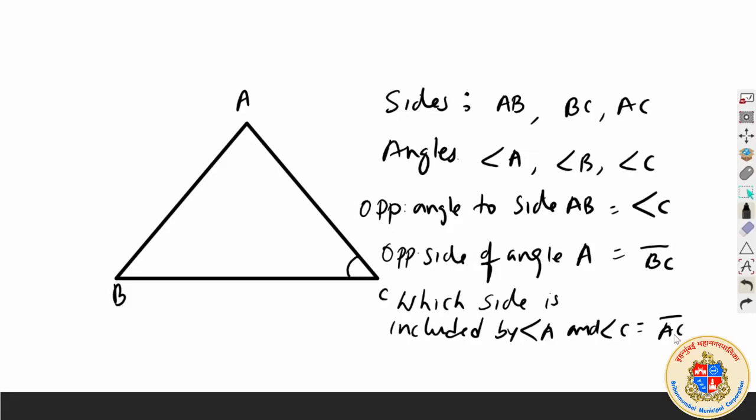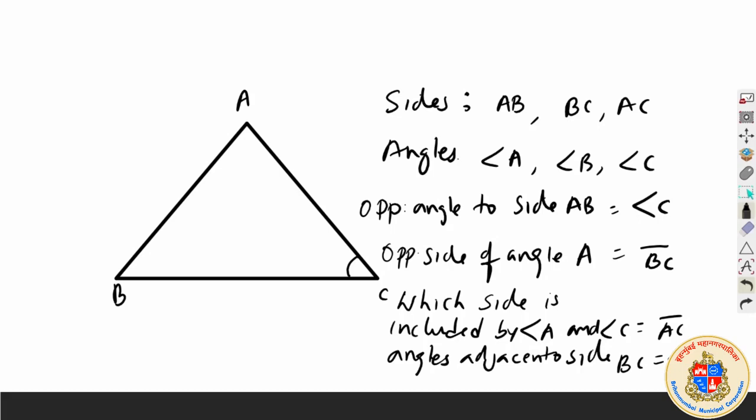If I ask you which are the angles adjacent to side, for example BC, then you will say angle B and angle C. That means you have a clear idea about what is a triangle, what are its sides, what are its angles,